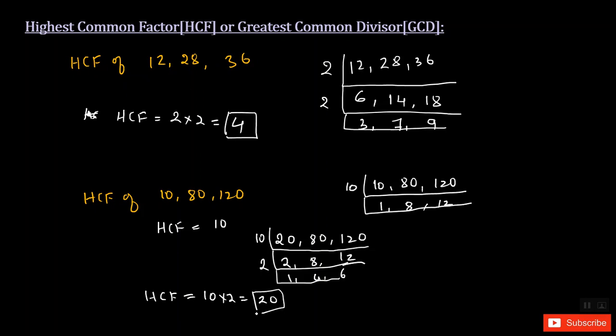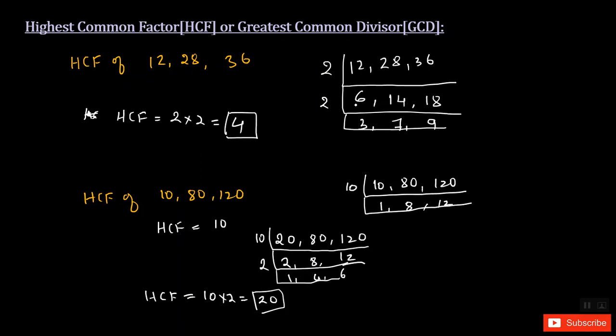So no matter how big the numbers are, you have to do it in the same way. Remember one thing, the numbers should be divisible by a single common number at a time. In the end, all the numbers should be multiples of a particular number, then only you can do it, otherwise you can't, right?